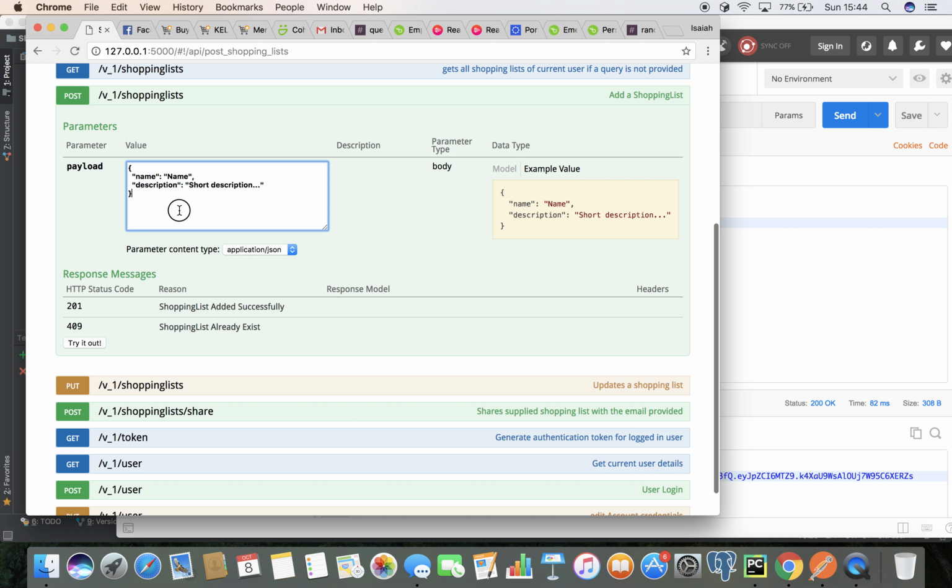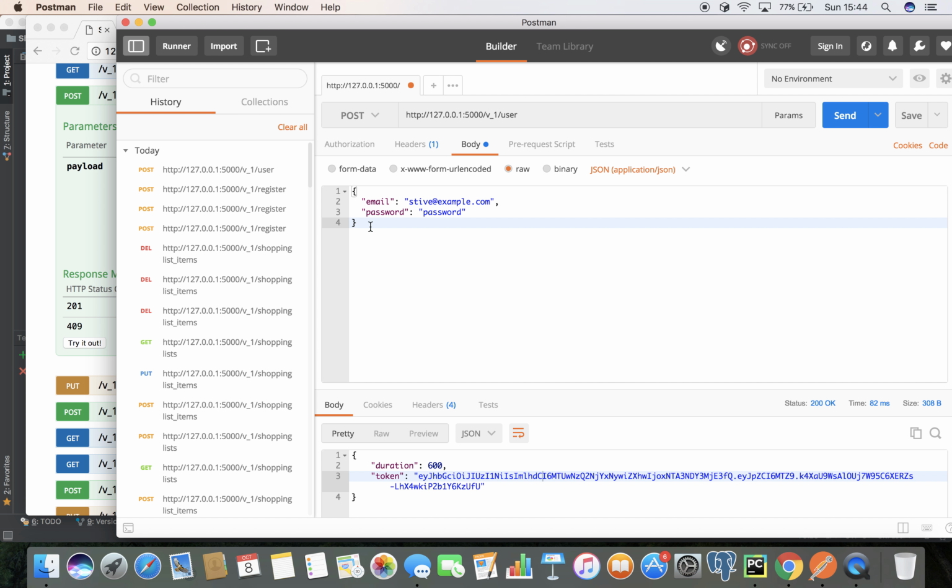From the user, now we can try to create shopping lists. From the documentation, it says that in order to create a shopping list, you'll need a name and a short description. So you can create a shopping list called breakfast, as you want to buy things for breakfast. You can leave the description as it is. But now, since the endpoint is shopping list,